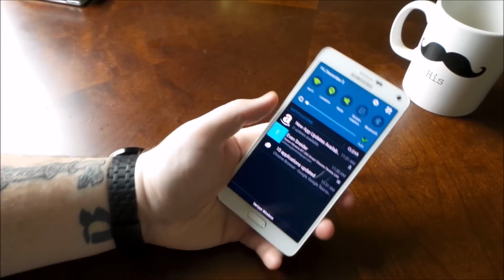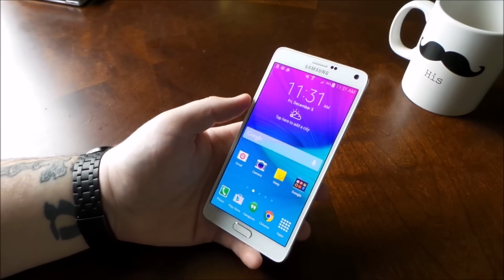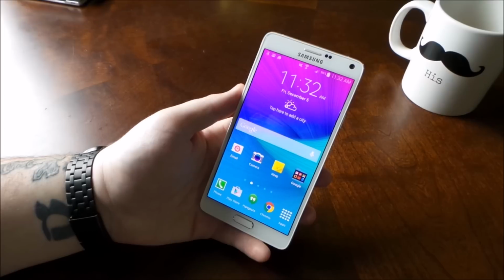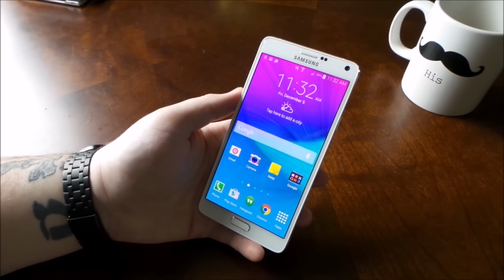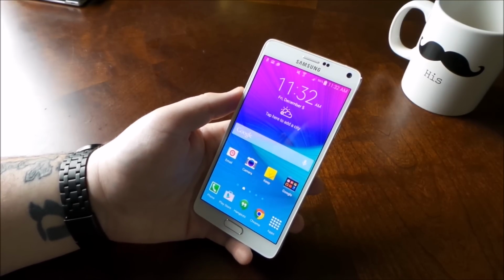The other cool thing about automatic brightness on this device is that when you're outside and it comes into contact with direct sunlight, the screen goes into kind of an ultra bright mode where it almost looks like a rainbow effect on the screen. At first I thought it was kind of a reflection. I didn't realize that it was going into this ultra bright mode. I wouldn't want to use it outside for a whole day because I can't imagine what that's doing to the battery,